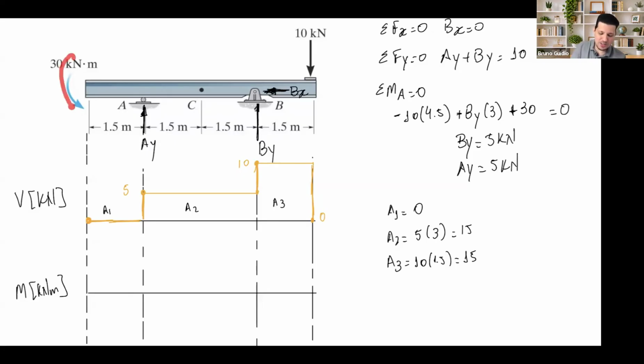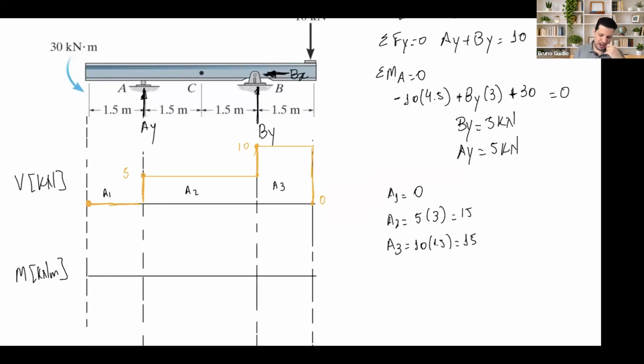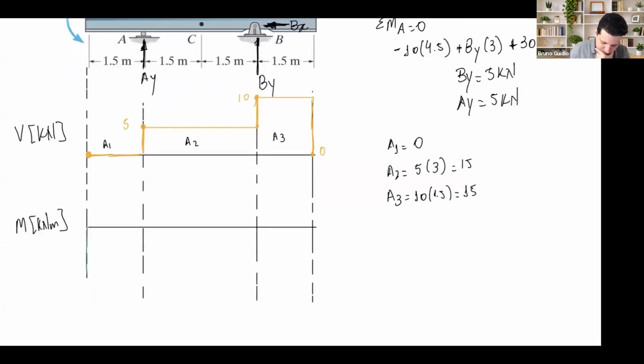This one here, what is it going to introduce? How is that going to be? Okay, if you don't know, you're going to get your paper, your test. You're going to hold a little bit after the 30 is introduced. So right here, after the 30 is introduced, you apply this 30, and that's pushing down, sad face, negative. So this 30 is a negative moment, okay? It's a negative moment, all right? So this should be going down. Negative 30,